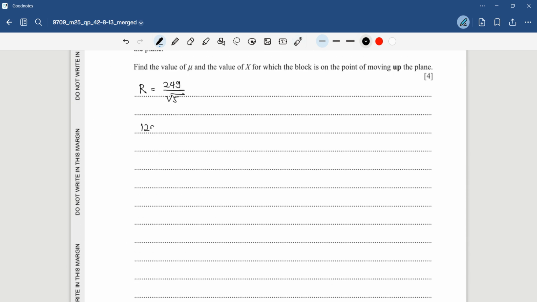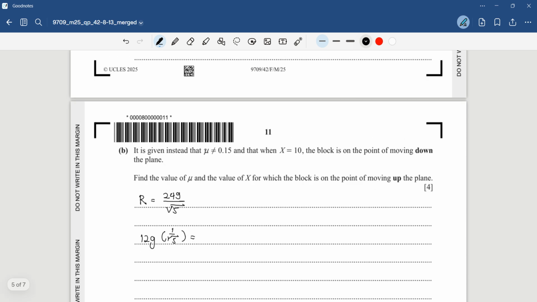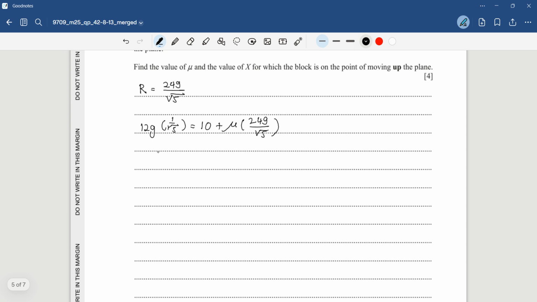So 12g sine alpha is equivalent to, because x equals 10 from just now, 10 plus mu times R, where R is 24g over root 5. You solve this and you'll get mu equal to